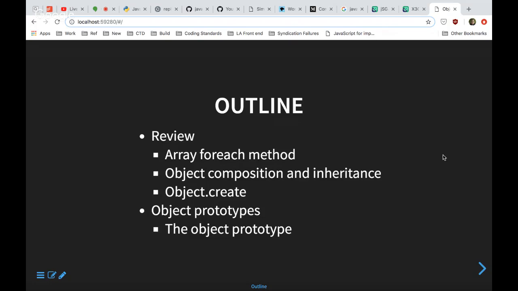Anyways, so let's get started. Today we're going to do another review of objects. We're going to be talking more about prototypes, and we're going to do a little bit of review of what we've already talked about, object composition and inheritance and whatnot. So we're going to first, again, go over the review, and then I'm going to try and describe prototypes using a couple different